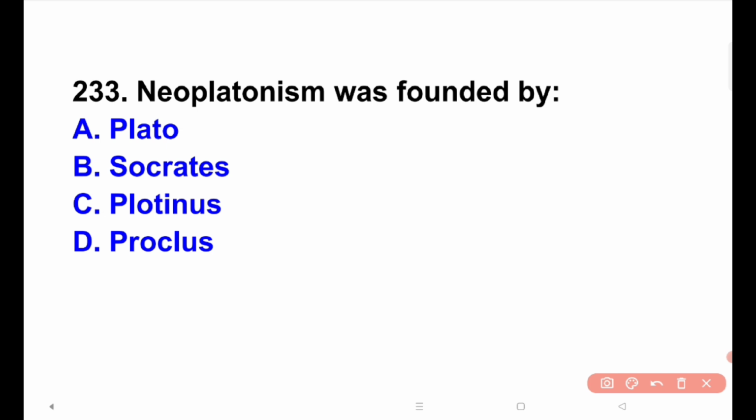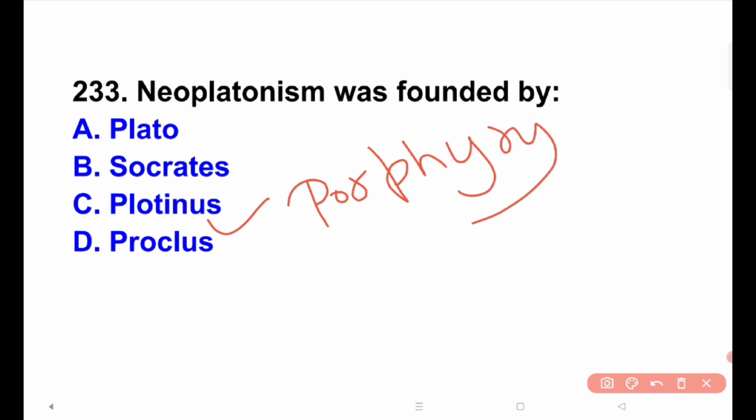A 3rd century philosopher who founded Neoplatonism in Rome, his work, the Enneads, was compiled by his student Porphyry, which lays its foundation. Plato: while Neoplatonism is inspired by Plato's metaphysics, he was not its founder. Socrates, known from dialogues by Plato, did not establish Neoplatonism, and Proclus was a later Neoplatonist philosopher, 5th century, not the founder. Next,